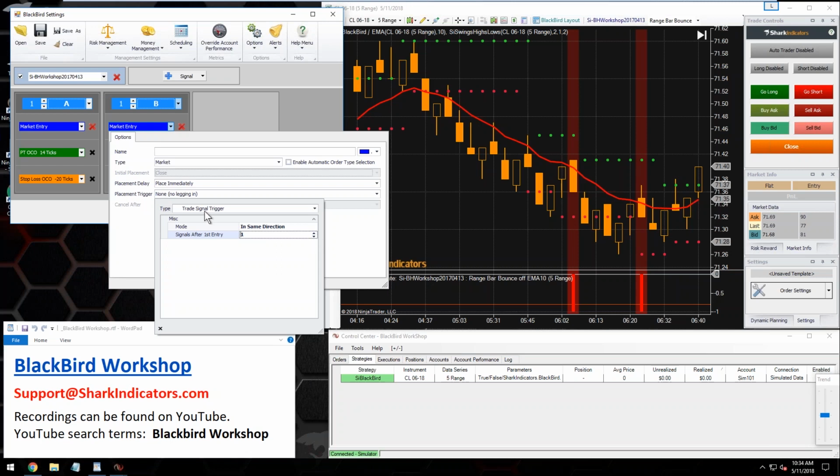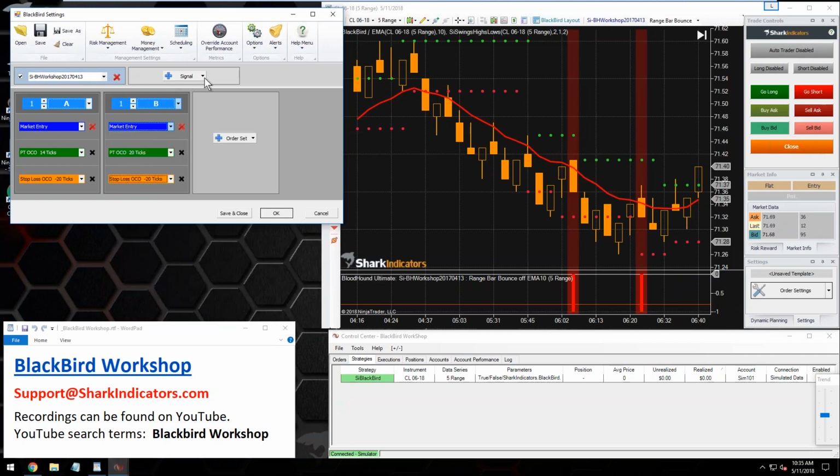And so the trade signal trigger is specifically set up so that it ignores the first signal. Whatever your trade signals are up top here, everything you put up here, these are trade signals. If you're using an indicator, maybe your third-party custom indicator also might give you 2 signals in a row,